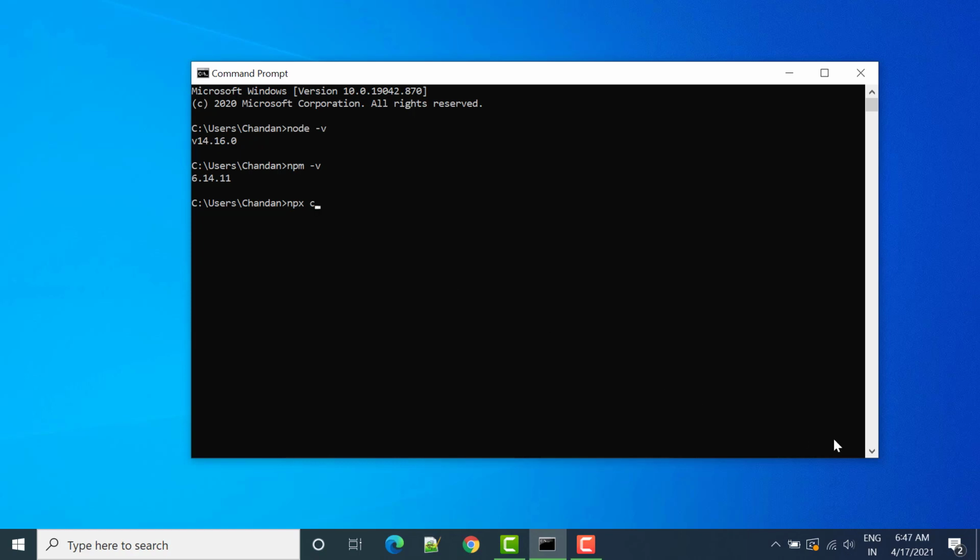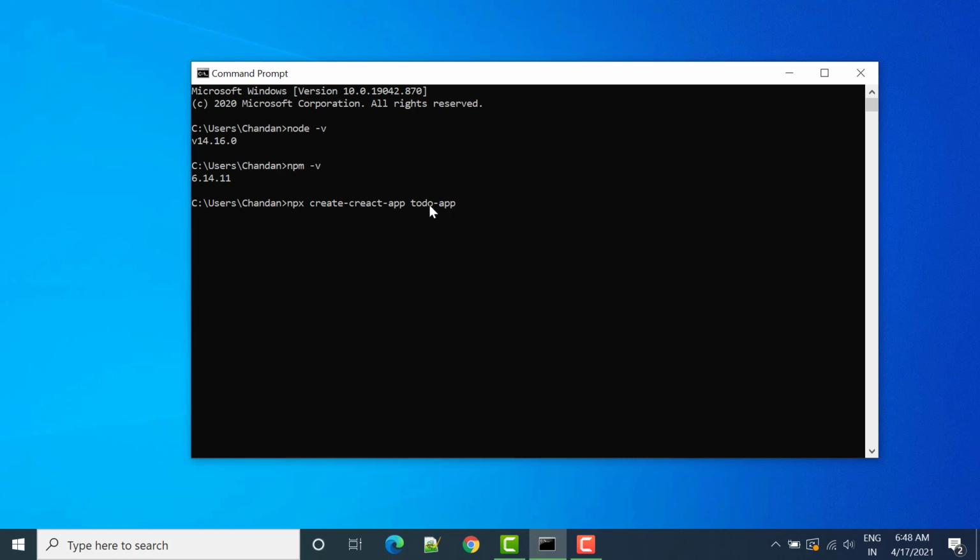So we will write npx create-react-app without any space. You have to write create-react-app, and after that you can write the application name. Let's say I'm going to show you one small demo on a to-do application, so I can write todo-app. This is the project name. So I'm doing npx create-react-app and then todo-app. Whenever we use create-react-app, required libraries will be automatically added in this project.